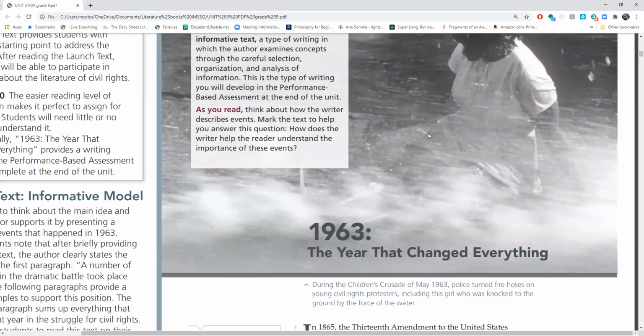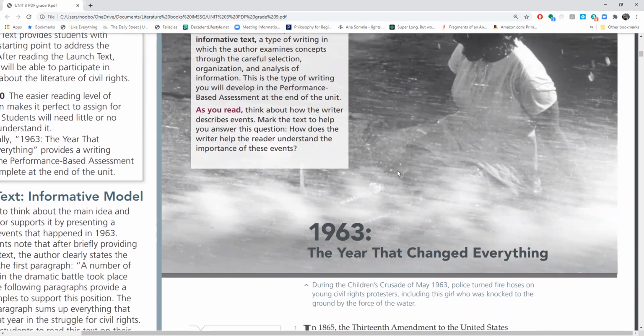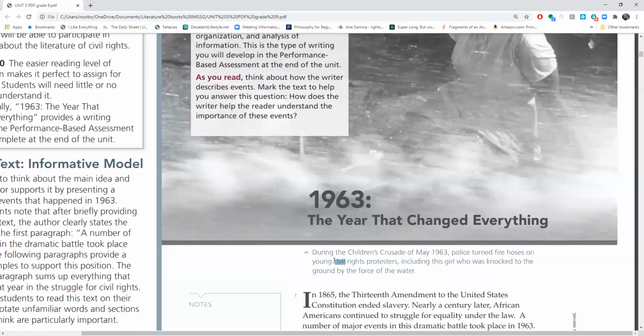So what they're talking about, in 1963 in America, they went through what is called the civil rights movement. Civil is like another word for people, okay? For example, if we are in a civilized society, that means the people here are civil, they are nice with each other, everybody has rights, and they're given different rights and rules that allow them to live a happy and peaceful life.